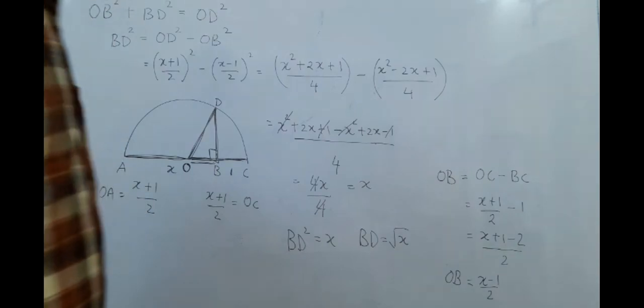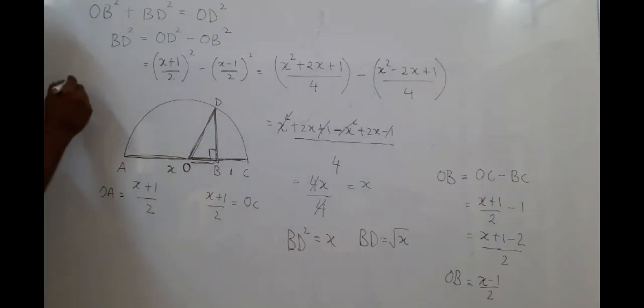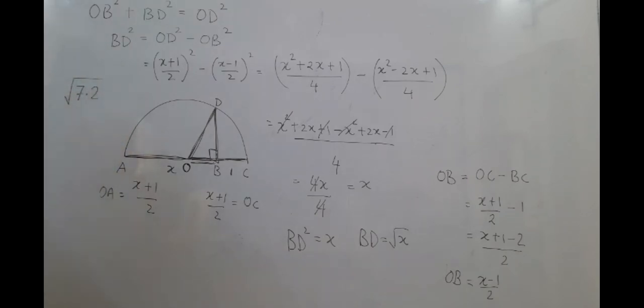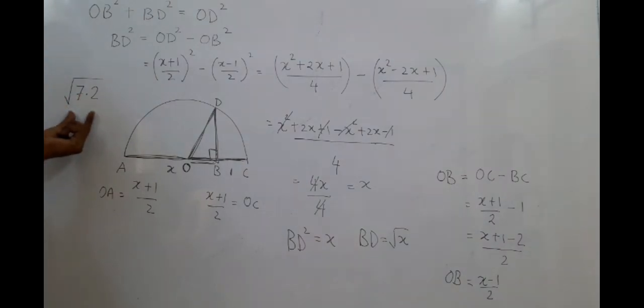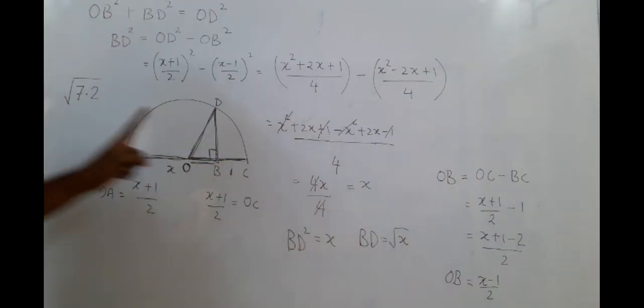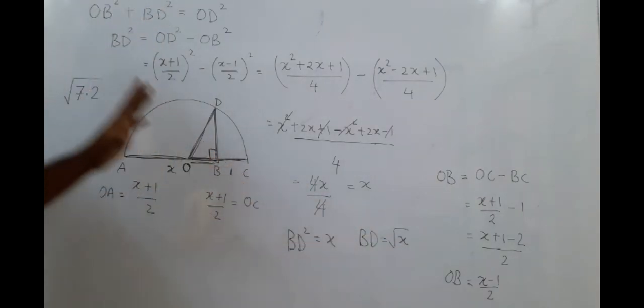So what you have done here, if you want to draw, now I told you before, again I will write here. If I wanted to draw root 7.2 on the number line, what do I want to draw? Root 7.2 on the number line. Okay? So root 7.2, see, root x, root 7.2. So what you follow? My x is 7.2. If I want to draw 7.2, that should be the x.